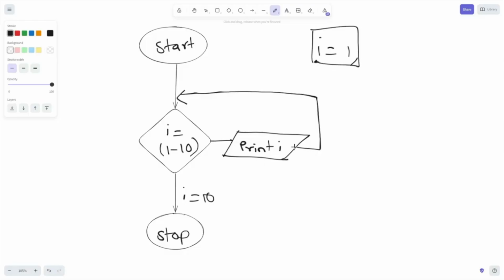So it prints 1, goes back to the loop. So after that, the value of I increases from 1 to 2. It always increases by 1 unless we have a specific modification. So the current value of I is 2. It prints I because 2 is in fact in the range of 1 to 10. It prints 2. So we have 1 and 2. Goes back and I's value increases from 2 to 3. So since 3 is in fact in the range of 1 to 10, it will print 3 and go